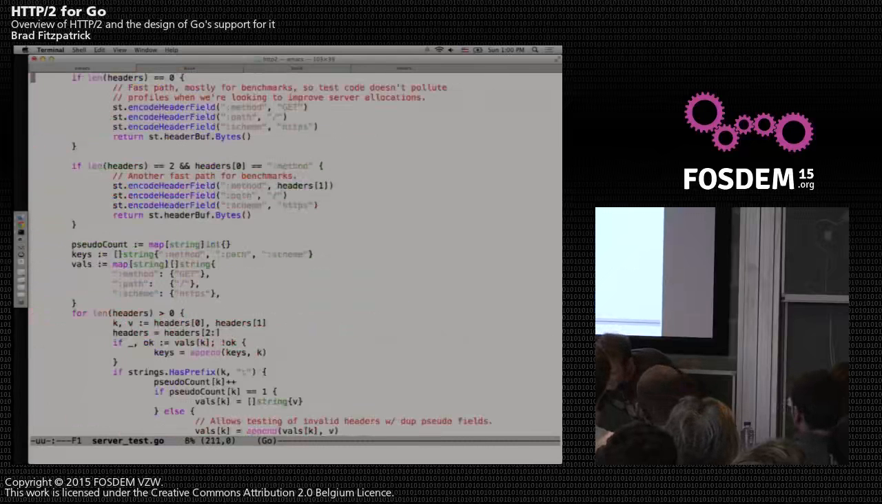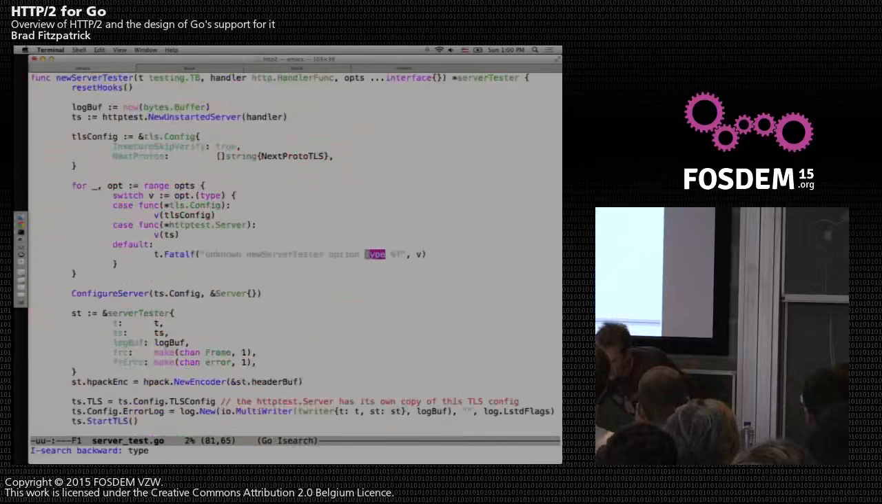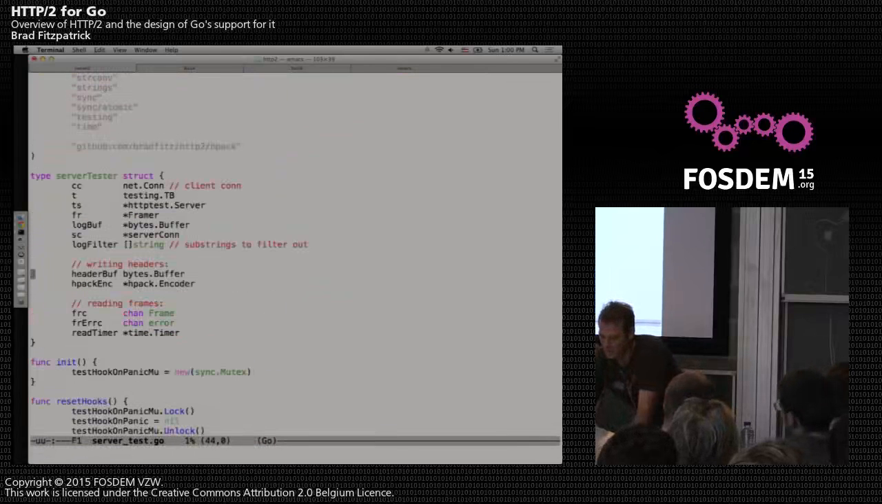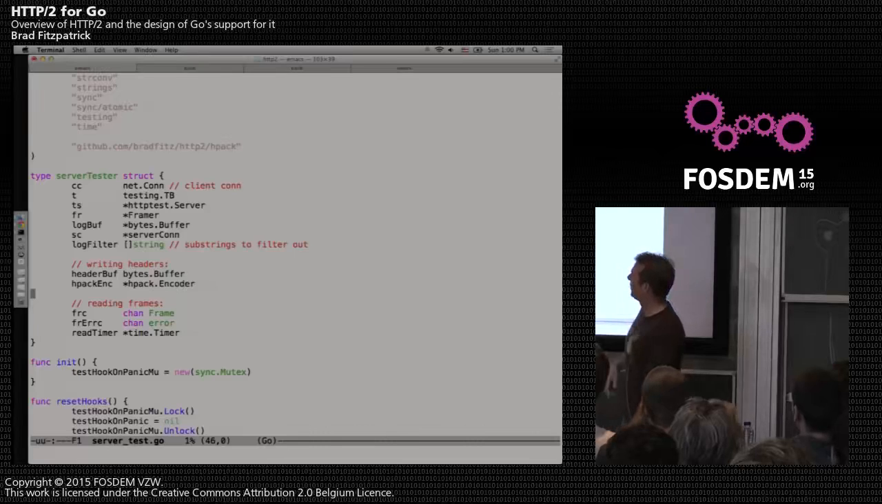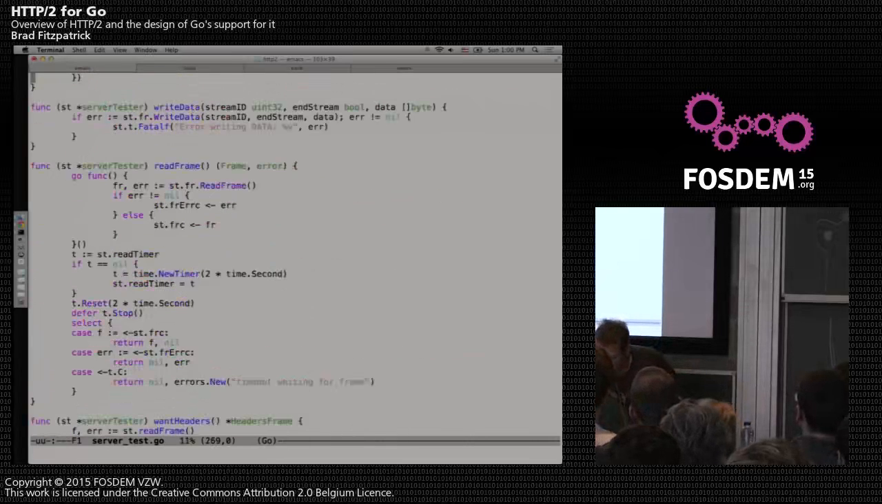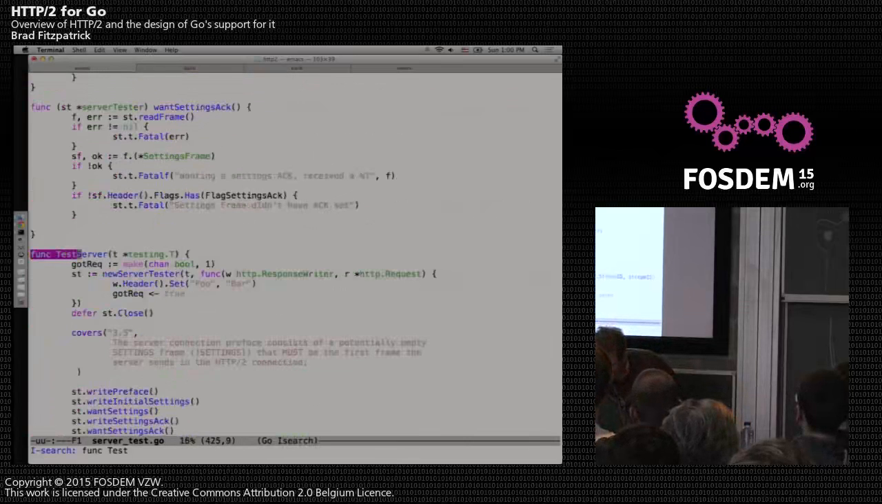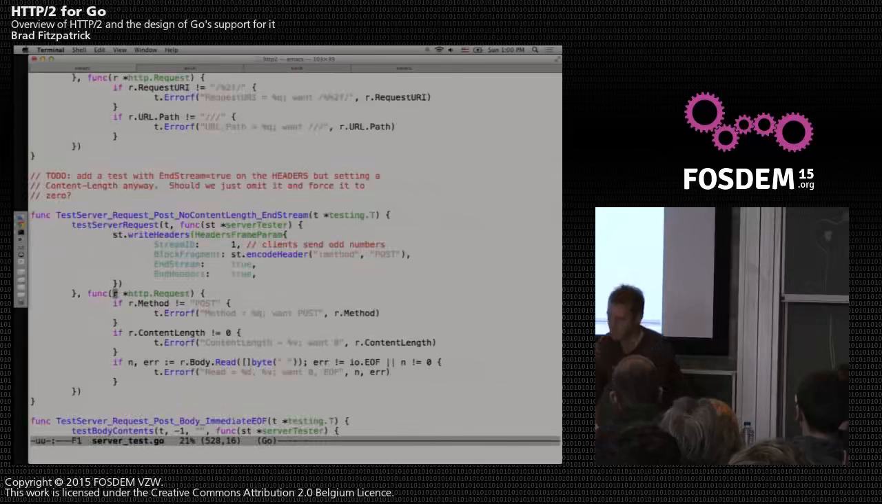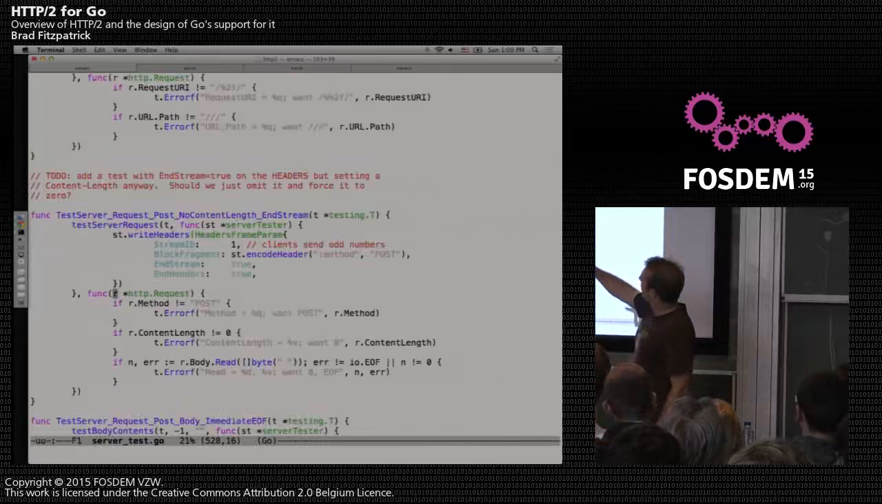There's whole bunches of tests in here. First I made a type called server tester, just so I could make the other tests down below easier. And these have lots of little convenient methods for doing stuff. But then I'll have a test like, here's a single test that